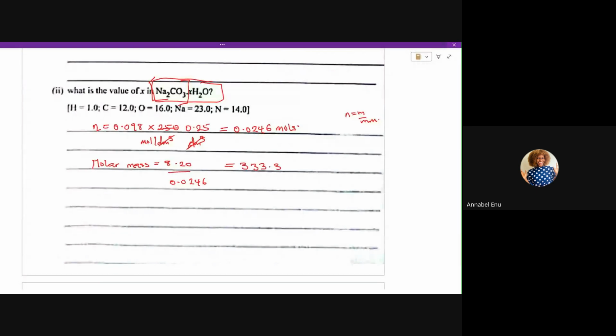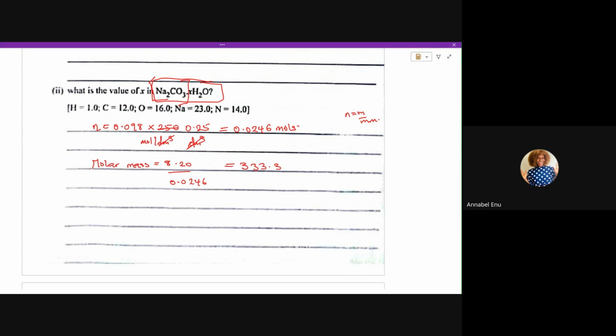So why are we going through all this process? For us to be able to know the value of X, we have to know the molar mass so that we'll know what number we'll attribute to X. And for us to know the molar mass, we need mass and number of moles. Mass has already been given to us in the question. But the number of moles, we don't know it because we can't use the number of moles